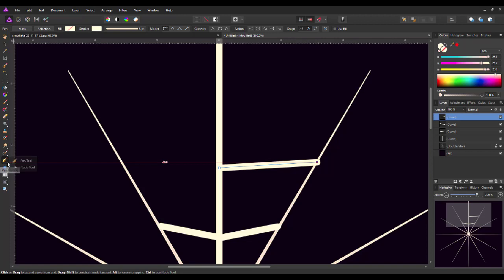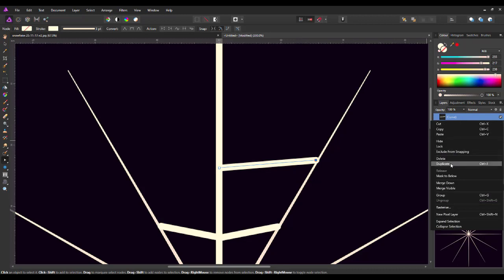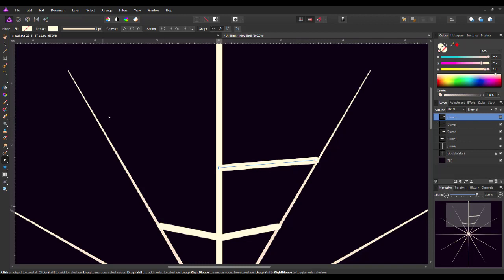So again, I'm going to come to the node tool, just nudge that back slightly, can even alter the angle. Alright, once I'm happy with that, like before, I will right click and duplicate,